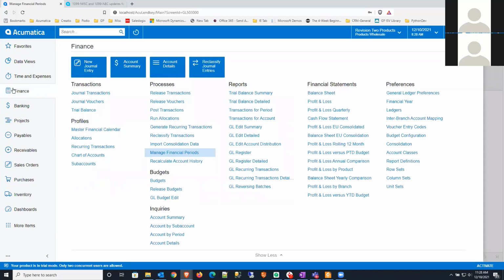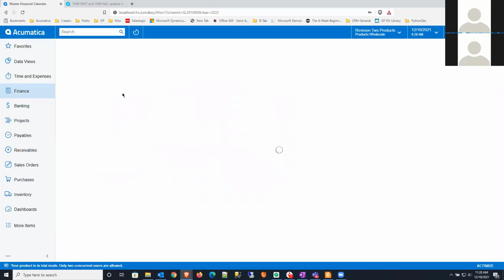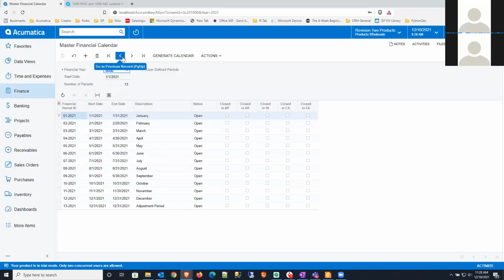But to manage that, you're going to go to Finance, Master Financial Calendar. That has changed now. And make sure yours will probably be 2021, right? The sales demo company here in Acumatica has this magical adjustment period. So you would simply go to the new year, 2022, hit generate calendar if you have not done that already. And it will create the periods based on your settings here, probably 12 in most people's cases. And then you would open those, at least open up January of 2022